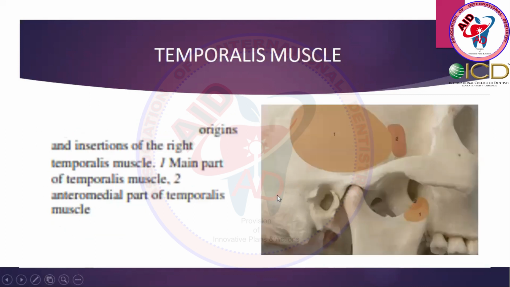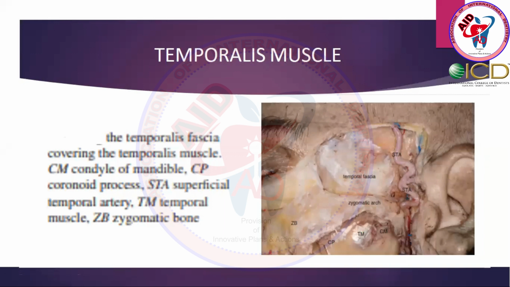Another cadaver we will see later on. You see, this is the origin. Two heads: one is the big one, and that is on this side. But the two is right here, and it is on the superficial surface. But while we see clinically, the more attachment is of the one on the medial side, and for the two, it is also more obvious on the medial side. The temporalis muscle is covered by the temporal fascia, which always covers this whole area.